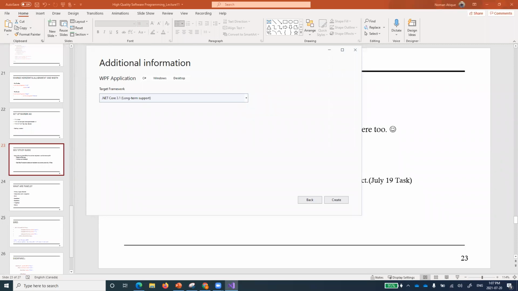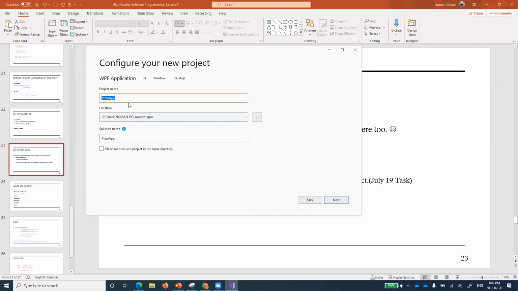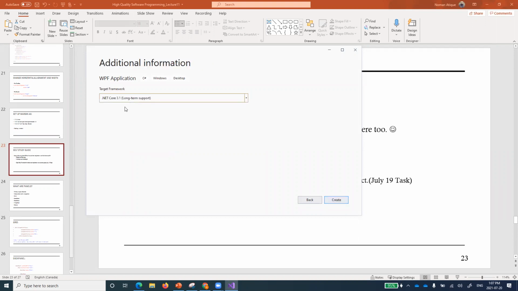So I think Deep is just joining us. Deep, you have just joined us. Start a new application. We are making a little project, Pizza application project. I have called this project Pizza app, if you see here, and the rest everything is the same. So I want all of you to follow me, and then at the end of the class, I might look at some of the projects randomly, right? So Pizza app we are starting, and just selecting this .NET Core 3.1.